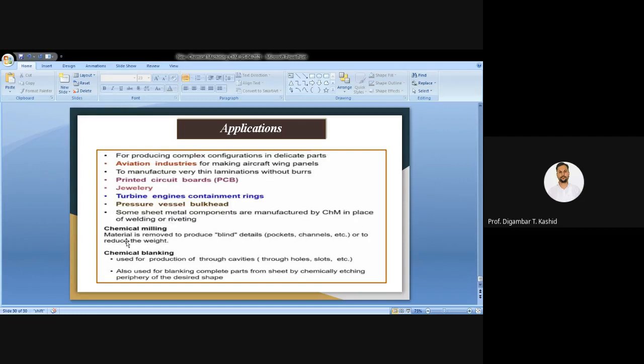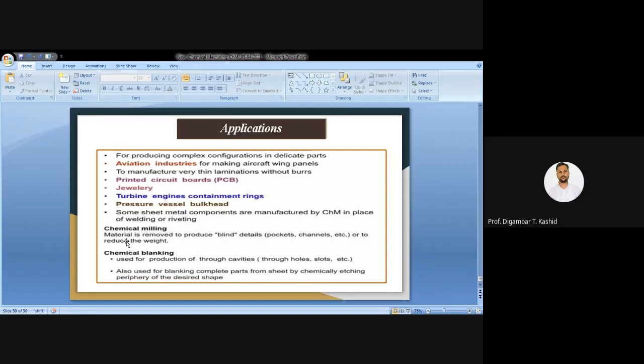So for producing complex configurations in delicate parts, you can use PCM. This PCM technique is used in aviation industries for making aircraft wing panels. Again, to manufacture very thin laminations without burr, you can use the PCM technique. Again, to manufacture printed circuit boards, that is PCB, you can use PCM.